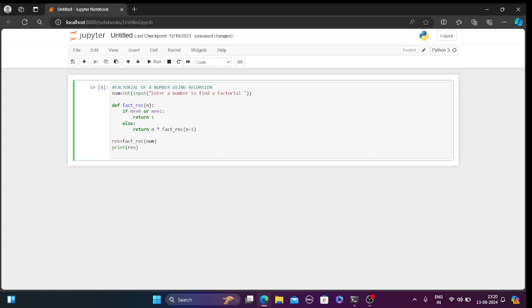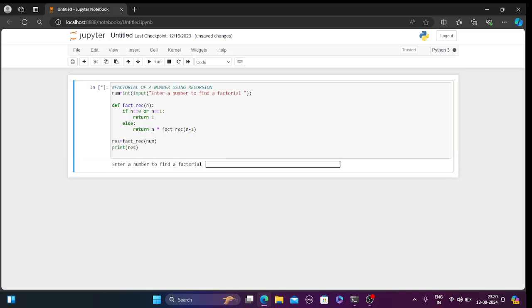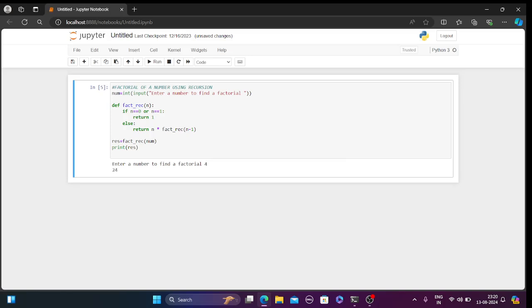Now let's see the output of 4 factorial. Yes, it returns 24. So let's trace the output. Here we are taking an input for enter a number to find the factorial. We are taking the input as 4. So 4 will be stored in the num variable, and in the result we are going to call fact_recursion of num, so fact_recursion of 4,